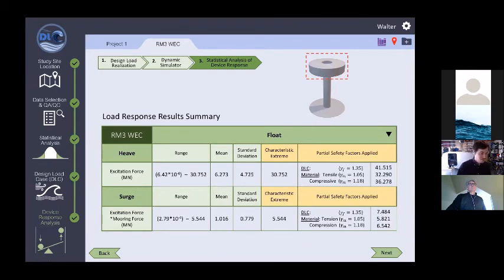So first off, we worked with this reference model 3 device in the upper right-hand corner of the slide that I'm pointing at. It's a 2-body point absorber that was developed under the Department of Energy. It's a pretty large device as far as devices go. That's the one that we used in the example here. But I'll just try to reemphasize that